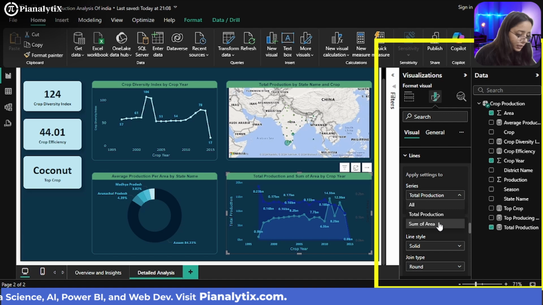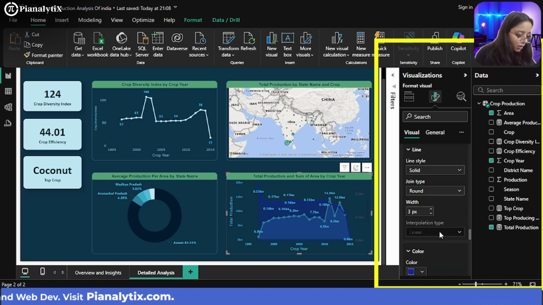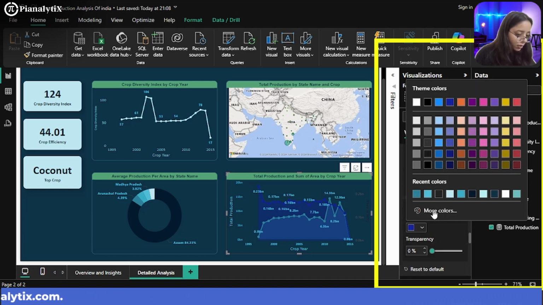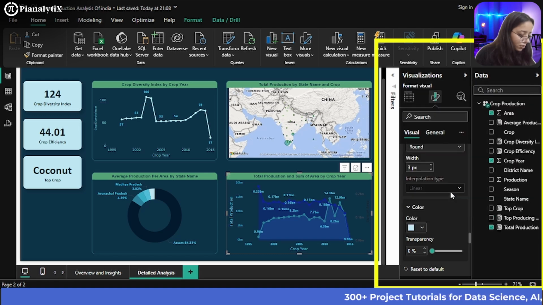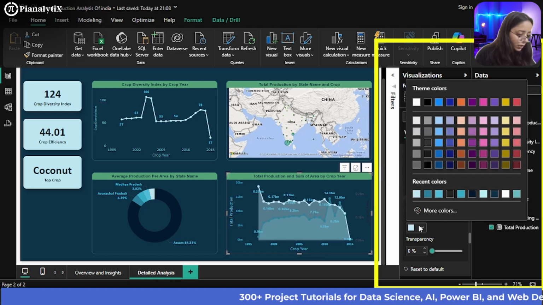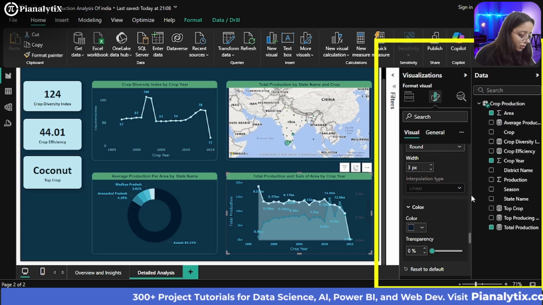Now I want to apply some changes to the sum of area, and I want to change the color here. I want to go with, let's say, this color, or maybe I can go with a much darker color.